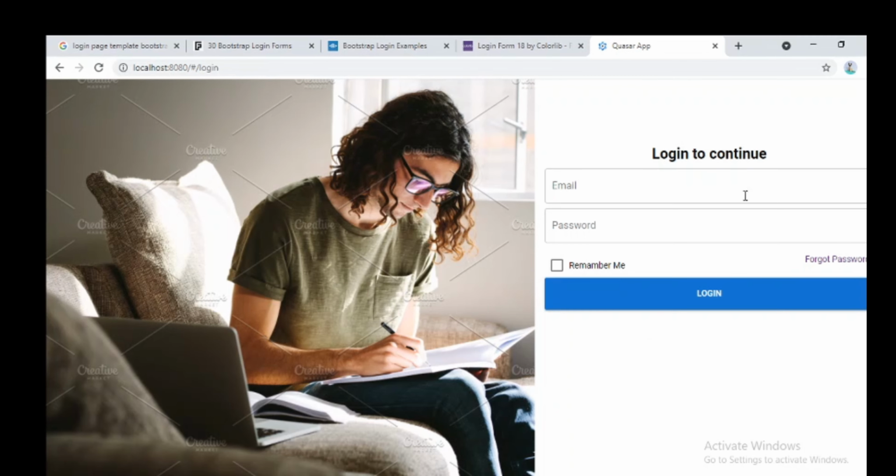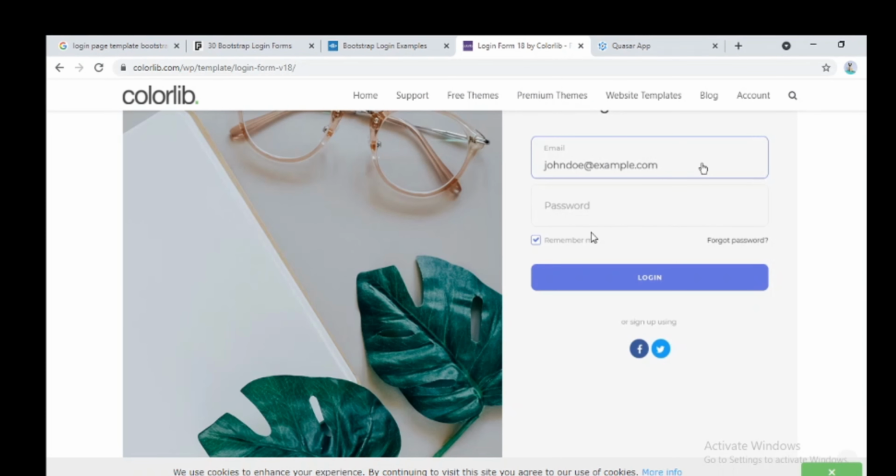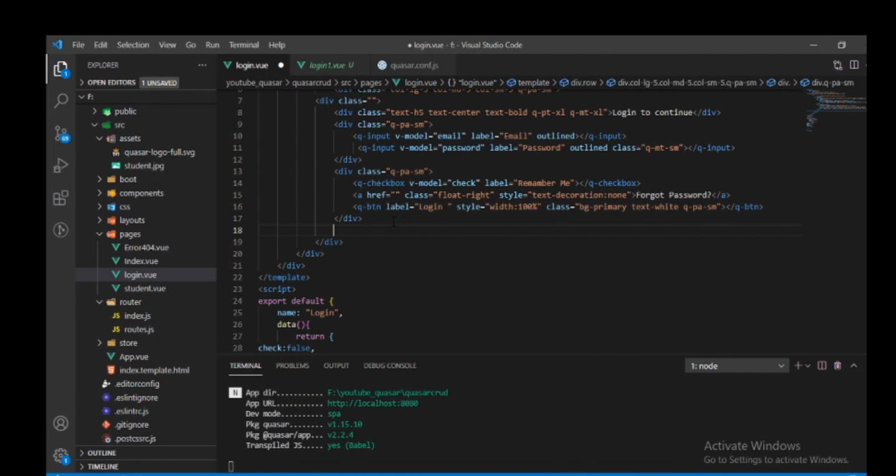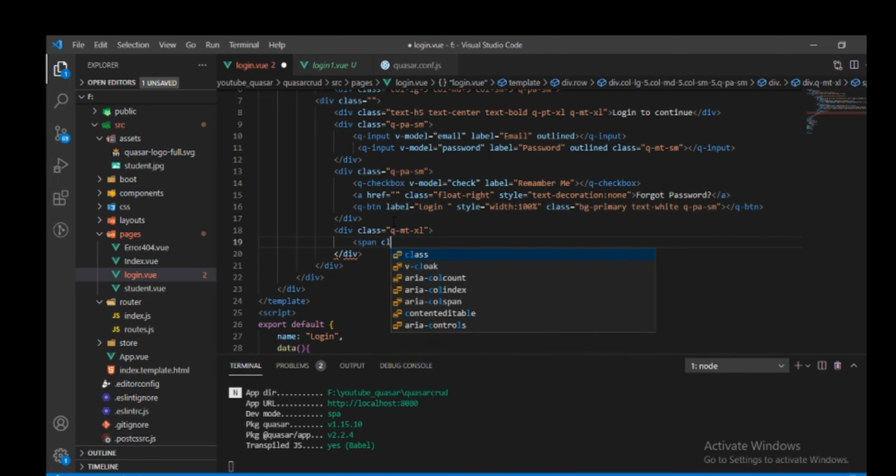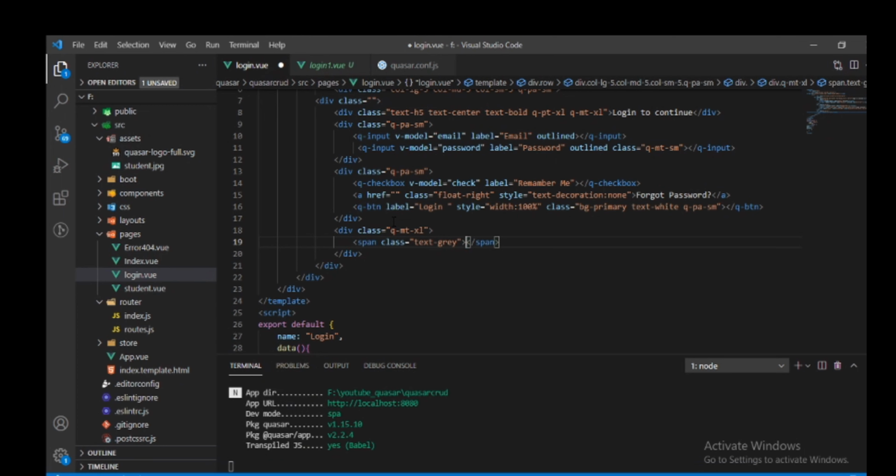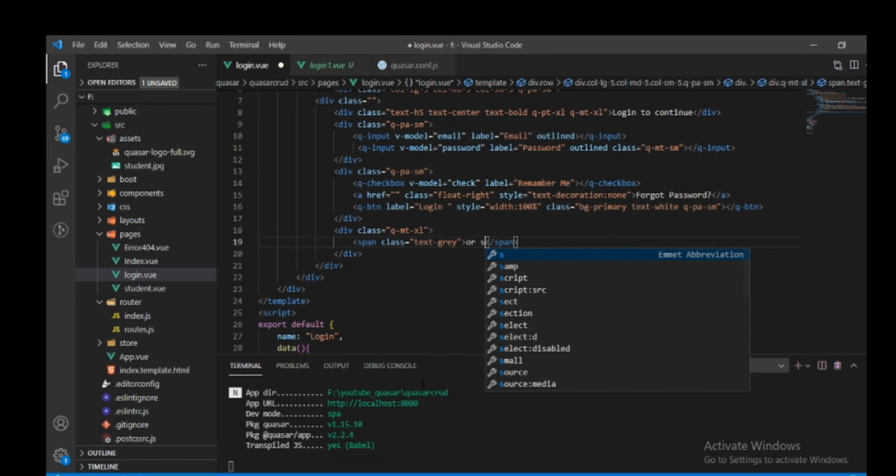Okay, now for displaying the icons, we will take one div with class q-my-xl. Okay, and then a span with class text-grey, "or sign up using".